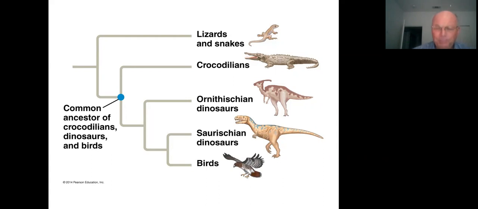So we know that all modern reptiles, with the exception of birds, maintain a body temperature that is equivalent to their environment. That's why reptiles are constantly moving out into the sun and going back into the shade again. It's a way they regulate their body temperature. Birds maintain a high body temperature. In fact, their body temperature is higher than most mammals, by doing the same thing that we do. They burn their food at very high rates and use some of the energy to maintain a higher than ambient